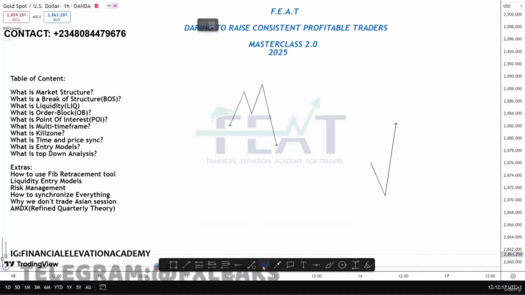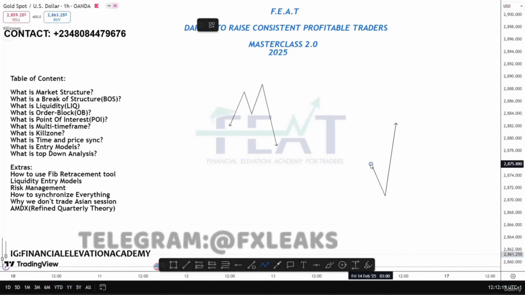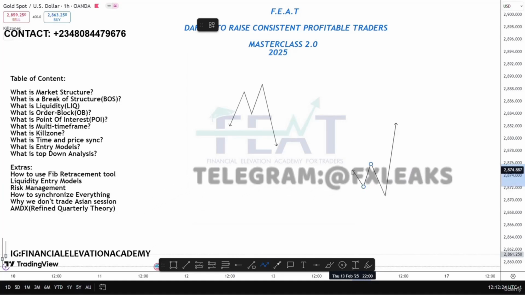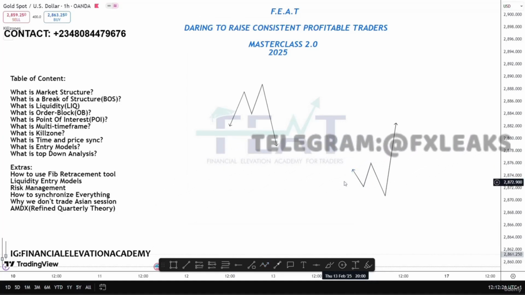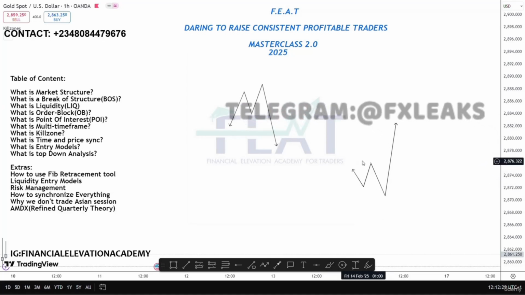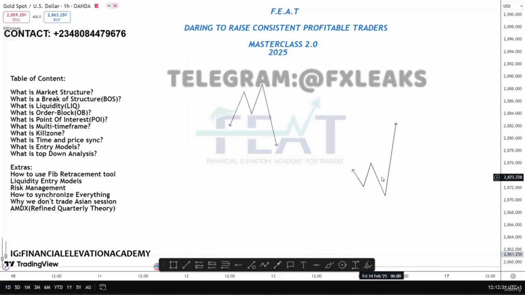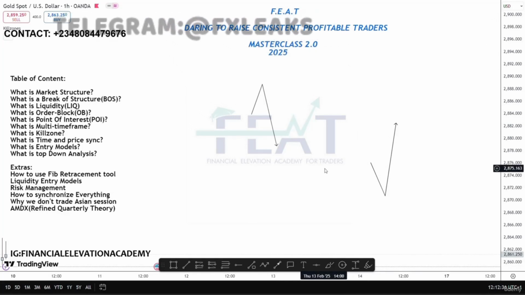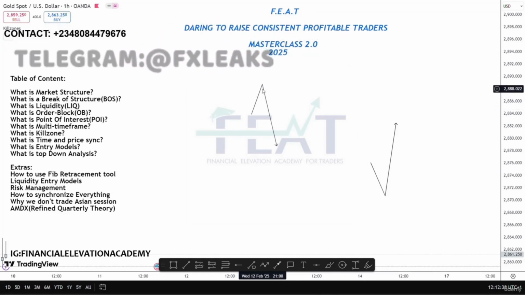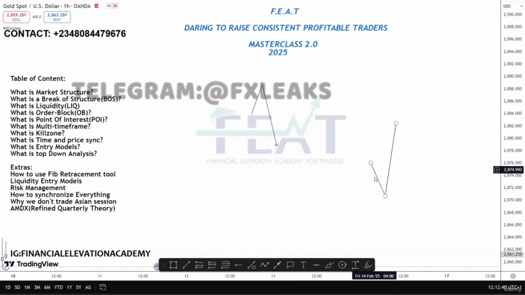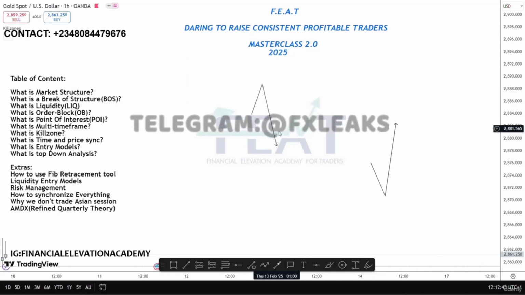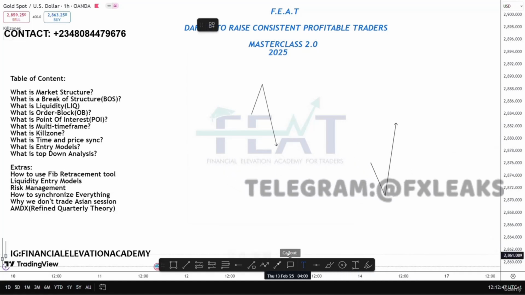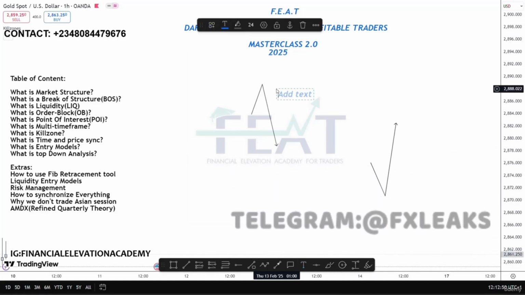Okay, let me show you here also. So this time I am deleting this part and this part and just focusing on the breakout structure. Okay, so this is a breakout structure, this is a breakout structure, this is a bearish breakout structure, this is a bullish breakout structure. In case you need me to highlight it,